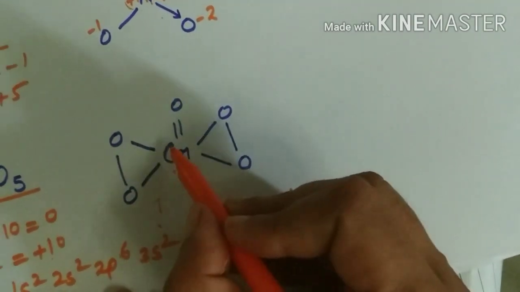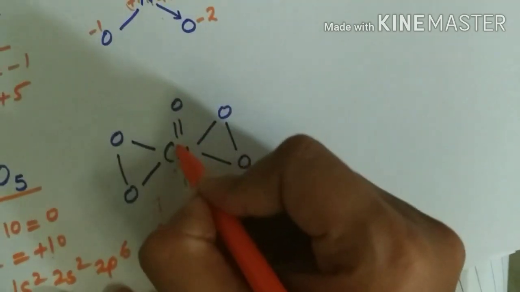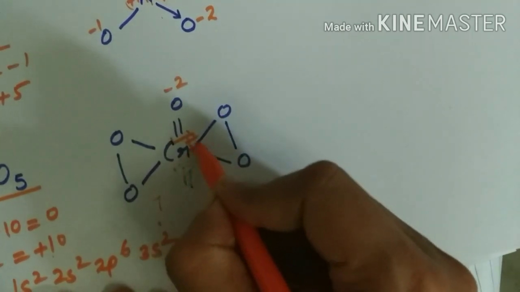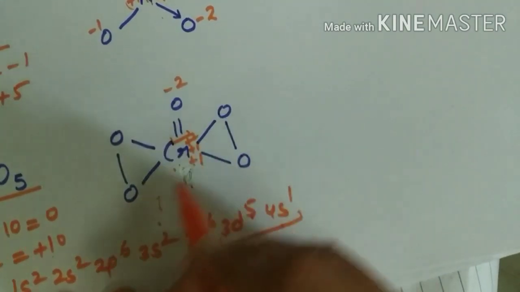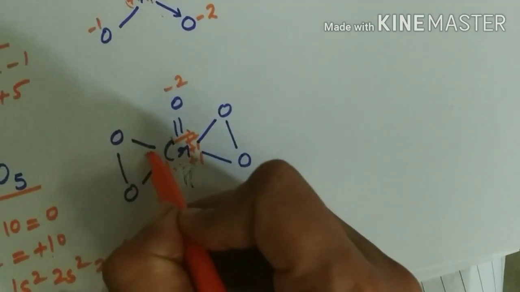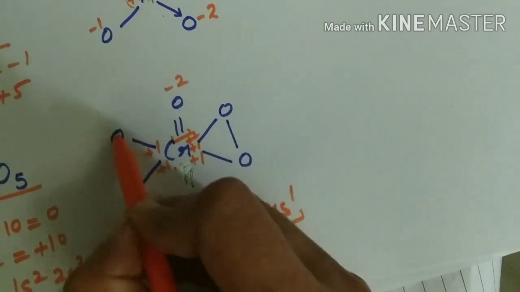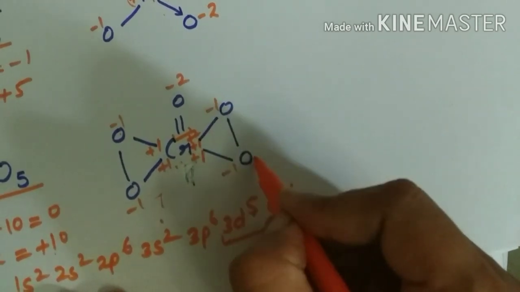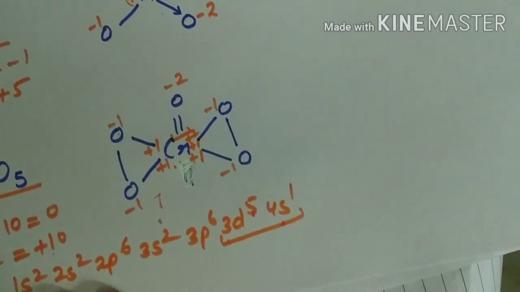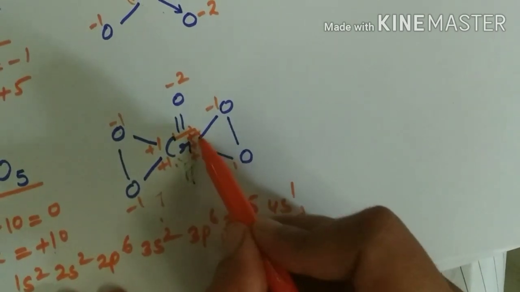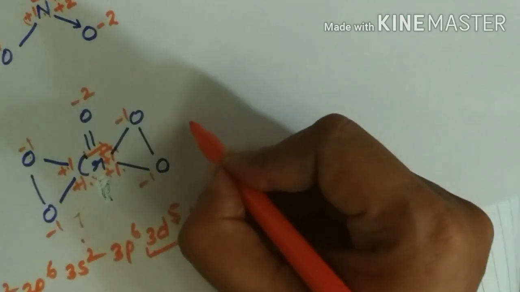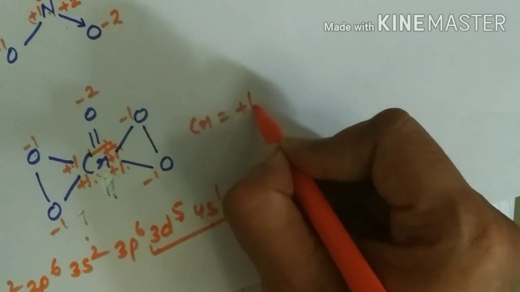Now chromium is a metal, so positive oxidation state. For oxygen, here a double bond is there, -2. So here +2. For this +1. For this oxygen bond +1. Here +1. Here +1. So for this bond, oxygen gets -1, -1. But within this there will be 0 oxidation state. So if we calculate the chromium oxidation state, +2, these two, so 4, +1 and +1. So the total oxidation state of chromium from the structure comes out to be +6.